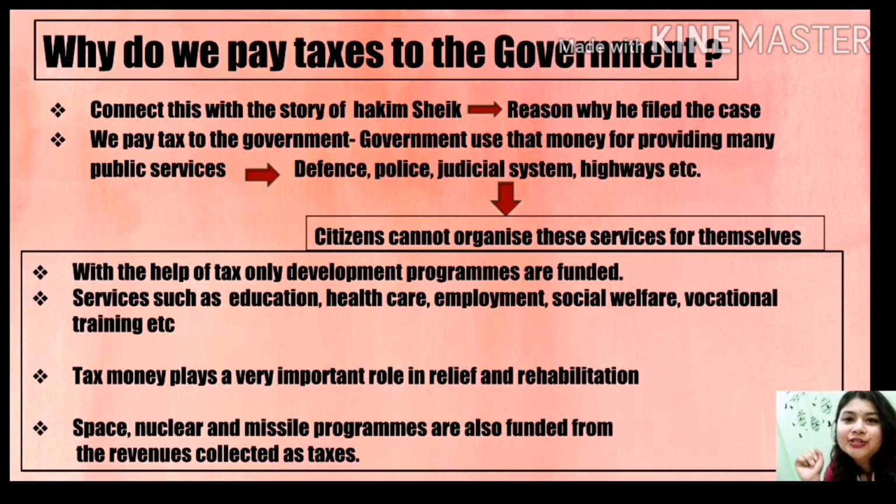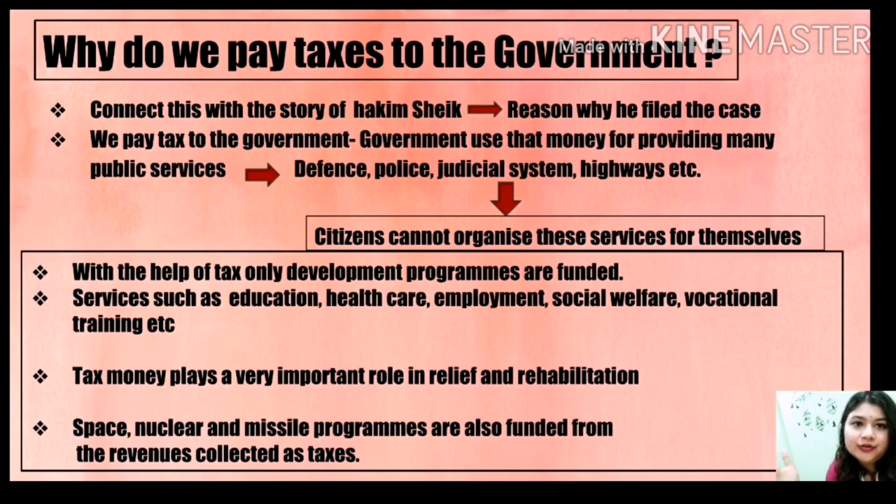I hope you have enjoyed my class, but before signing out, let's do a quick recap. We have learned why we pay tax to the government. We pay tax to the government for the welfare of our nation, for our betterment only. We pay government tax in the form of money, like income tax. This is one kind of tax which we are paying to the government, and from this money only, the government used to